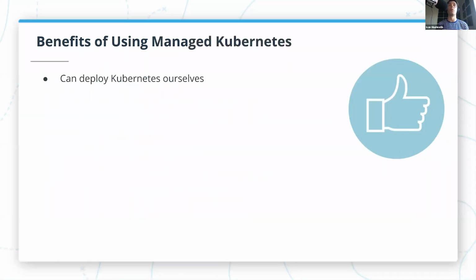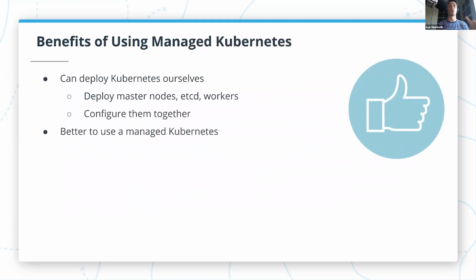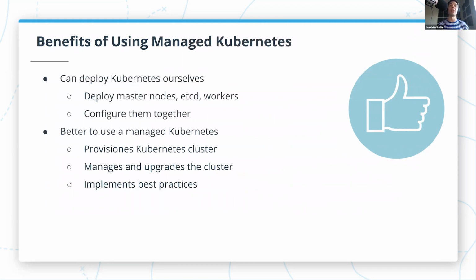Now, we can deploy Kubernetes ourselves. There are a few components that we need to install and configure. It can be quite complicated and cumbersome, or we can just use a managed Kubernetes from the cloud providers that I mentioned before. And they will provision a Kubernetes cluster for us. They will manage and upgrade this cluster to install newer versions, and they will implement best practices for us. And then all we need to do is to just deploy our application, to specify configuration for our application and deploy it using Kubernetes. And if we use the managed Kubernetes, this is the same as using our own custom Kubernetes cluster. So we would have to use the same set of tools that we would use if we were using an on-premise deployment.